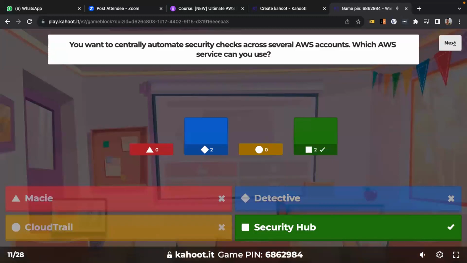So with Security Hub, you can automate security checks across several accounts. If you want to automate security-related things across different accounts, you can use Security Hub. Detective, as we said, helps you find the main root cause of an issue, so it wouldn't apply here with automation.